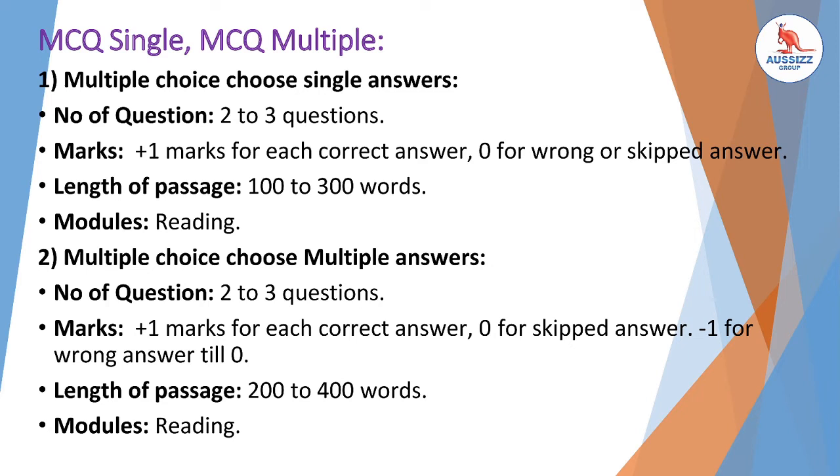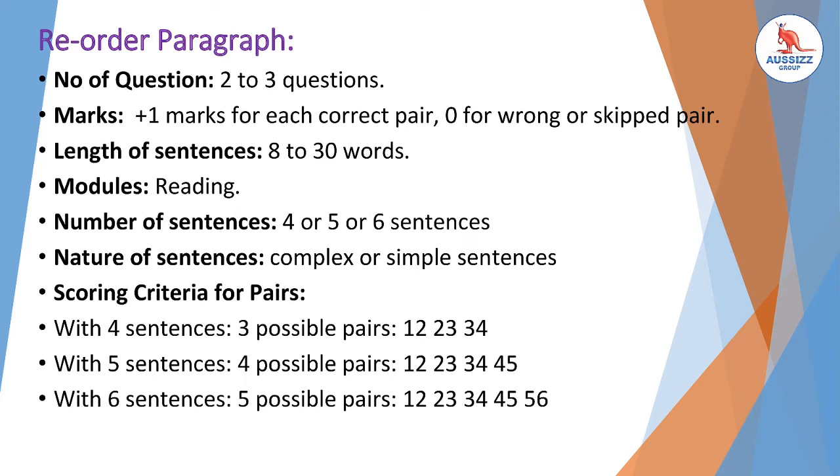So we can expect what can be the task view. There would be one particular passage. On the basis of the passage you will have 4 options and a question. You just have to select one answer in the MCQ single. You can select one or more answers in the MCQ multiple. One advice is very clear over here: if you are not sure with any of the answers in MCQ multiple, avoid selecting more than one answer.